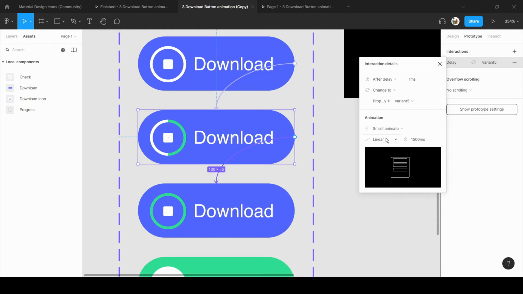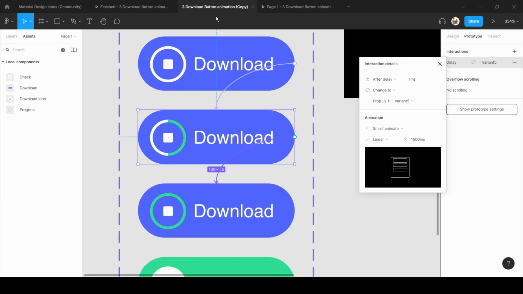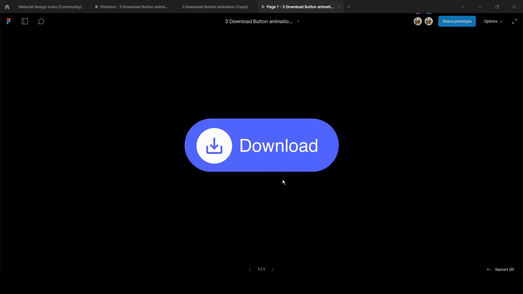So let's play it again. I'll click on the button, so it's a little bit smoother than earlier. I will make it 2000. Here also I will make it 2000. And now I'll play from beginning. When I click on the button, the icon disappears. Then we have the smoother effect for the progress.